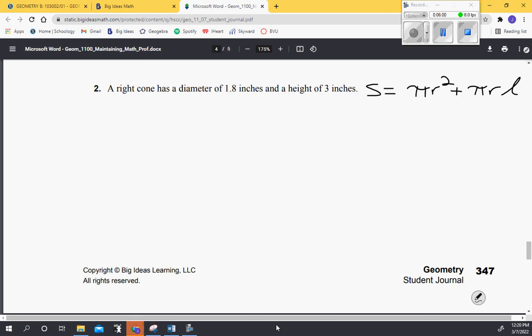We need to have L. We need the slant height to solve the surface area. And in problem number 2, they don't give us the slant height. Instead, they say a right cone. Okay, what that means